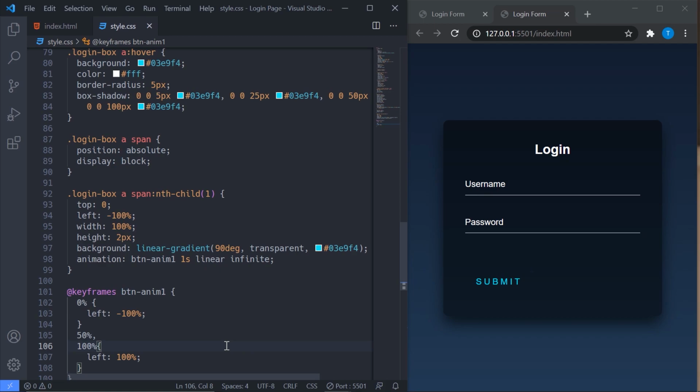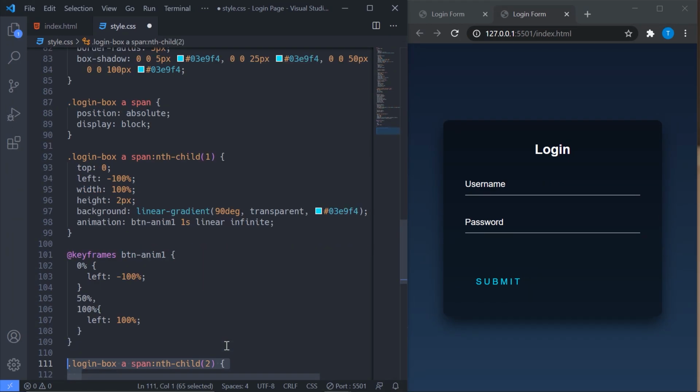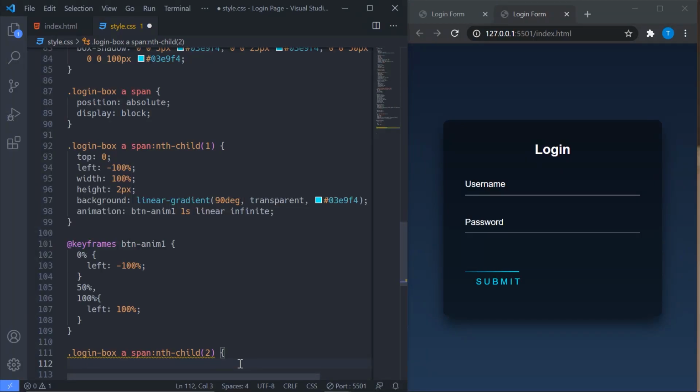So now we are going to code for this whole 4 side. Okay, so let's just move on. Login box span nth child 2. Okay, if you want to do it a little bit easily, you can copy this from here to here and paste below. There are some minor changes, so you can do it with me.